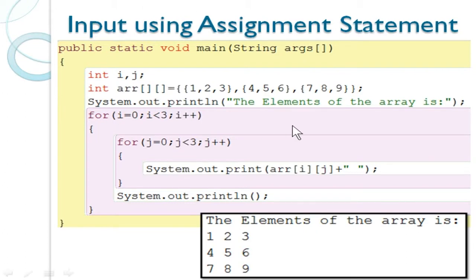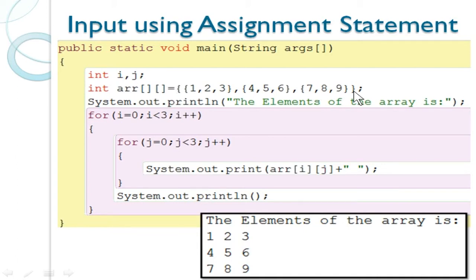You are going to discuss one by one. First method is assignment method. So here, as we already discussed in single dimensional array, the only difference here is you got 2 square brackets. You have got data type and array variable ARR and 2 square brackets, and then you can see here curly